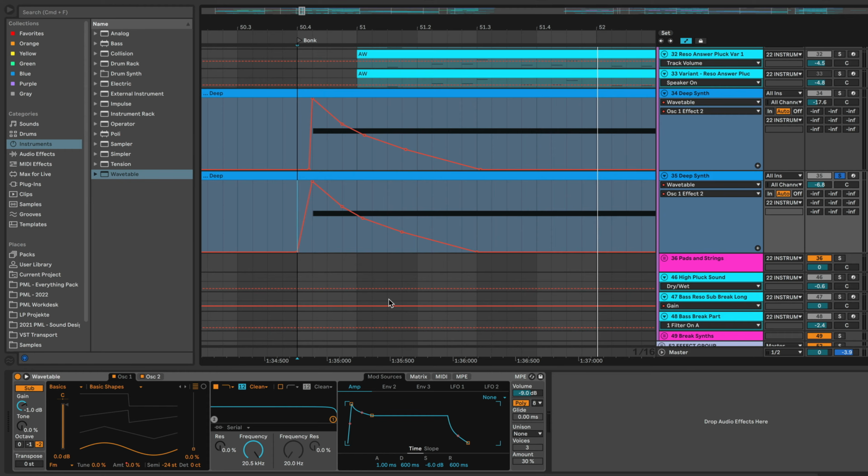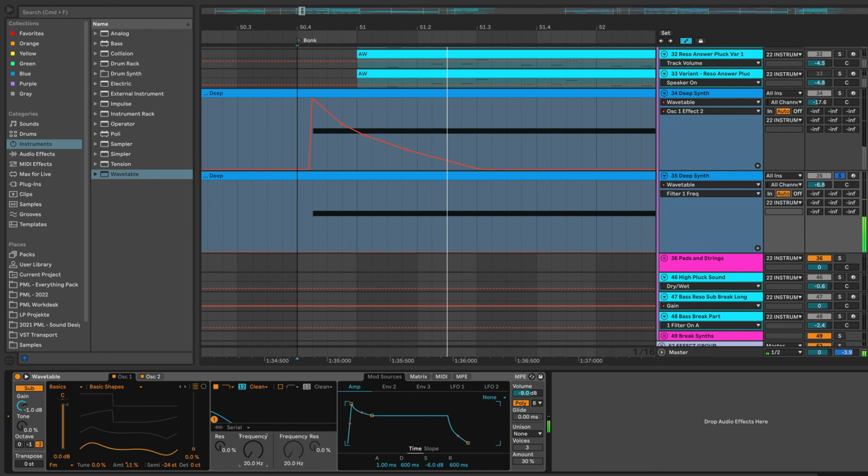And now the next thing we want to do is set up our filter, because we can do something like a plug with this. Something like this, but we want to automate this. So for now, I'm going to set this filter to 24 decibels per octave. I'm bringing it all the way down here in the frequency. Instead of clean, we are going to select PRD and bring the drive up to around 6 decibels. So now we're a bit louder. If we open up the frequency,